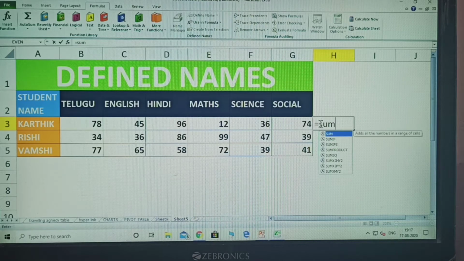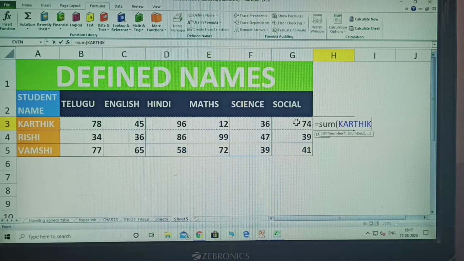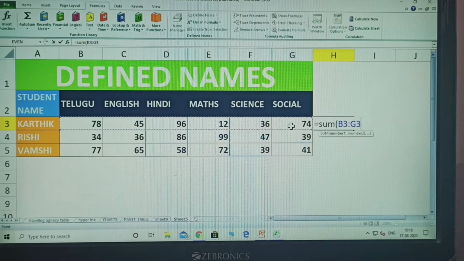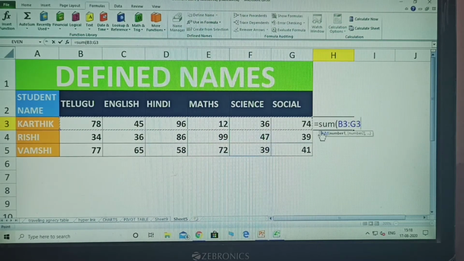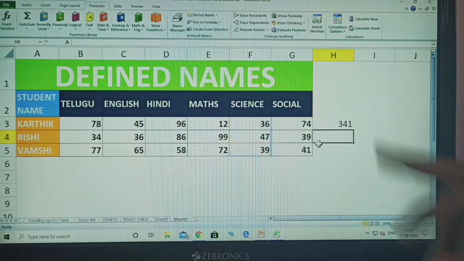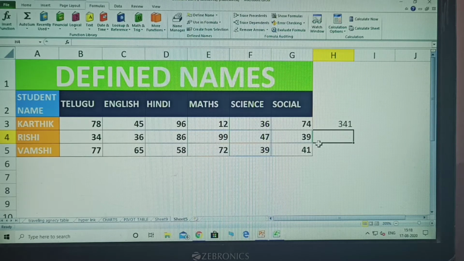After sum, press shift 9, which means bracket open. Then select all the marks. After that close the bracket, shift 0. Click enter. Now the total will come.